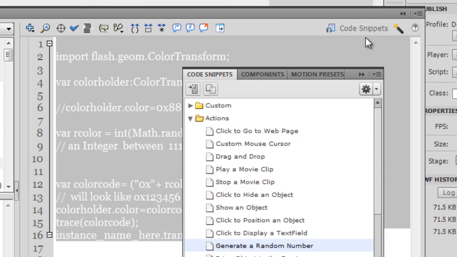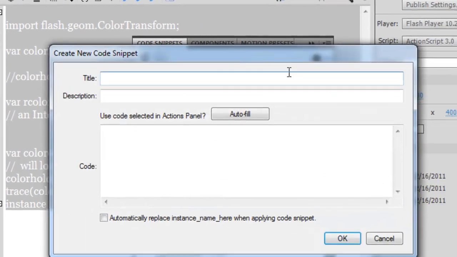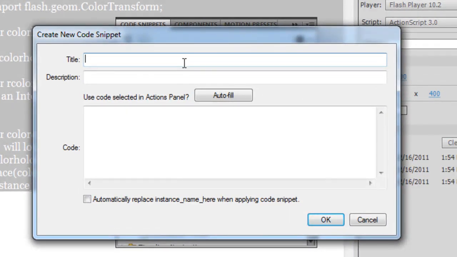Click on code snippets, click on options, then say create new code snippet, and in the title let me say color transform class, and in the description, generates a new color every time. This description will appear as a tooltip whenever you hover over the custom code snippet, and then all you need to do is